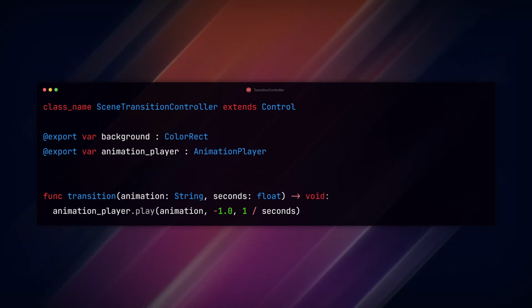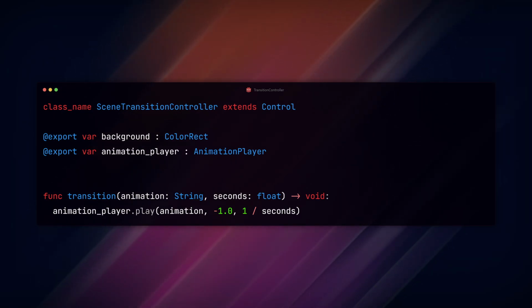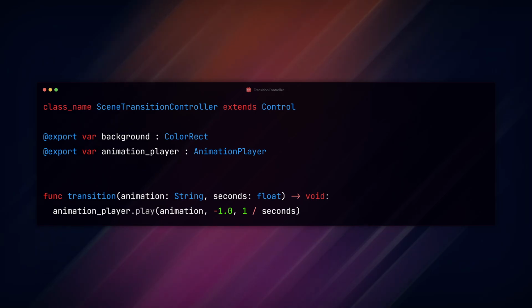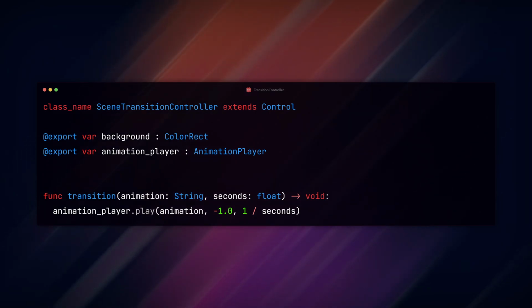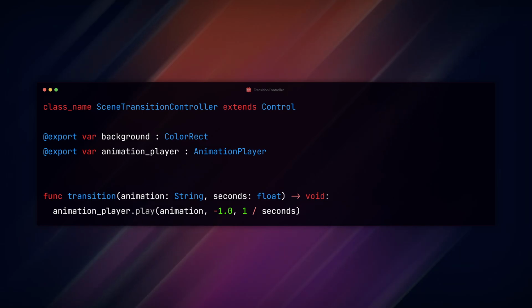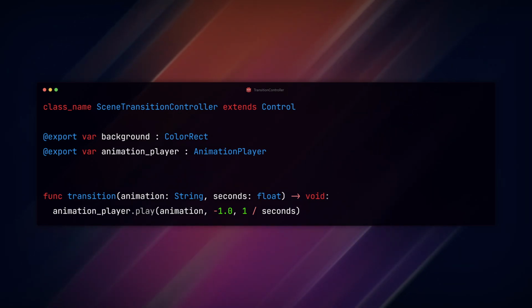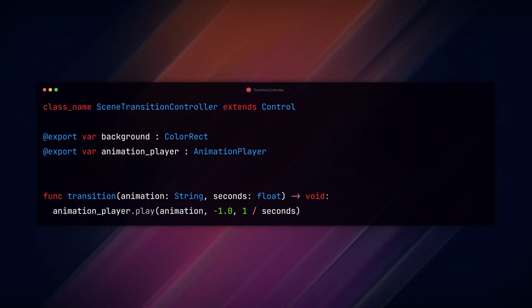Create a new function, transition, with parameters for the animation string and length of the transition in seconds. The function will reference the animation player node and call the fade animations we just created. For the length of the animation, we're adjusting the animation speed by dividing the length of the animation, 1 second,